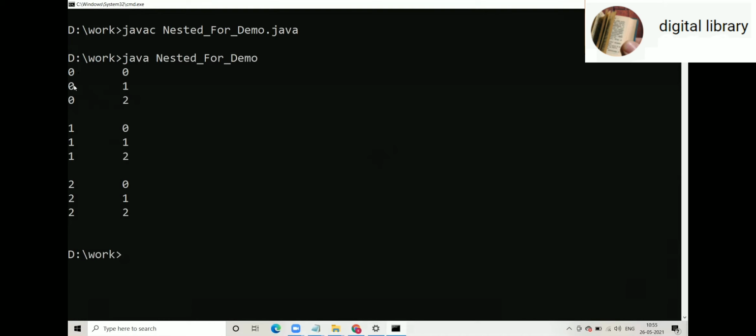These all zeros are because of i. i is 0, j goes from 0, 1, 2. When i becomes 1, again j goes from 0, 1, 2. When i becomes 2, again j goes from 0, 1, 2.